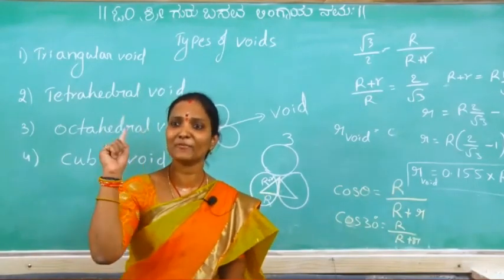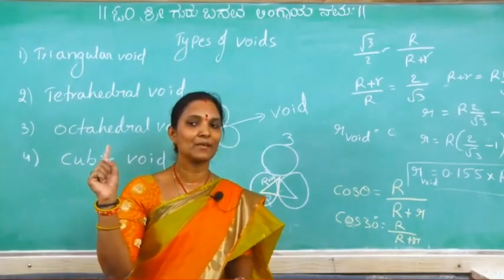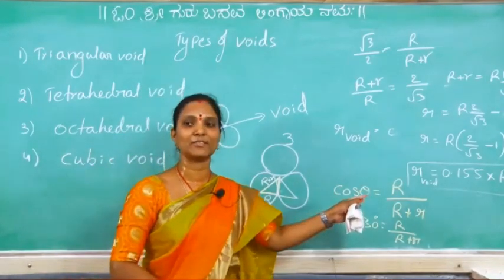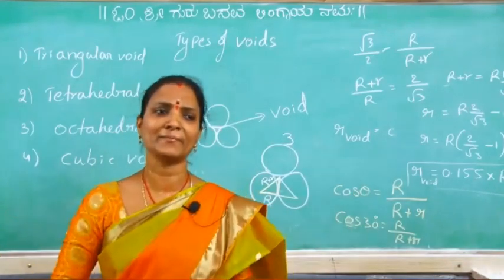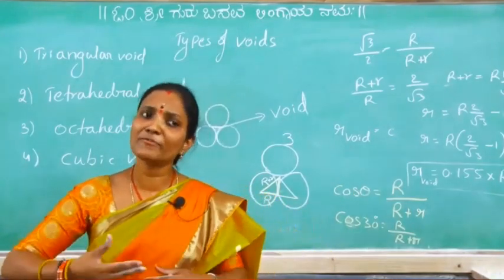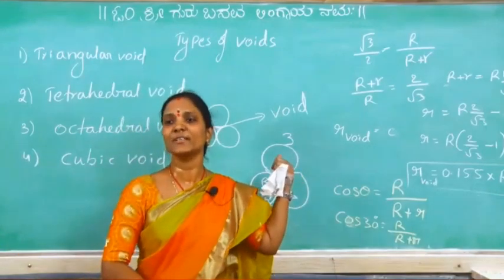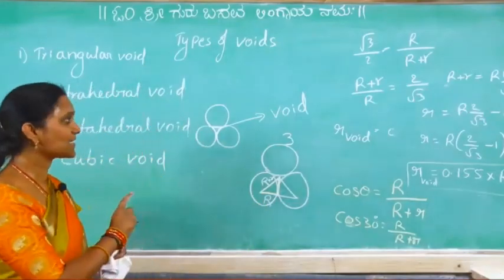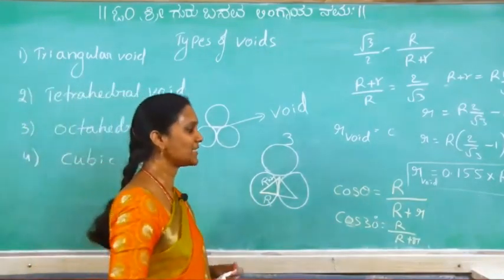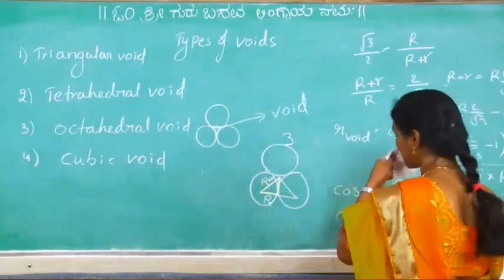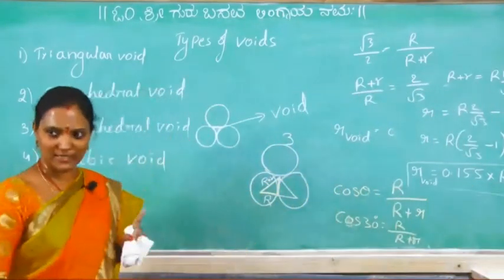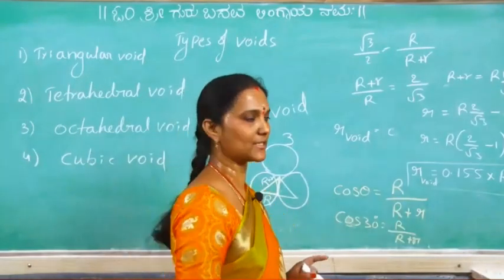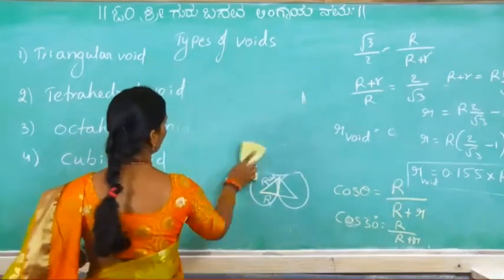This is only somewhere we used, where identification of coordination number, limiting radius ratio, like this only derived. 0 to 0.155, coordination number 2, 0.155 to 0.225, coordination number 3. So 0.155 into radius of the sphere. Okay, this is about triangular void. Is it clear now? What is triangular void? What is its coordination number? How to calculate the radius of void? That's it. So next one is a tetrahedral void.